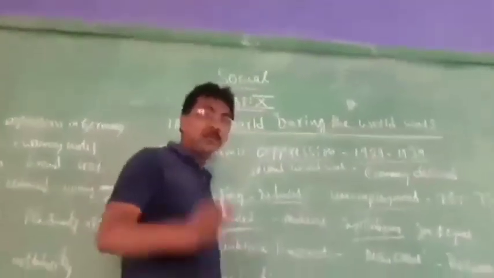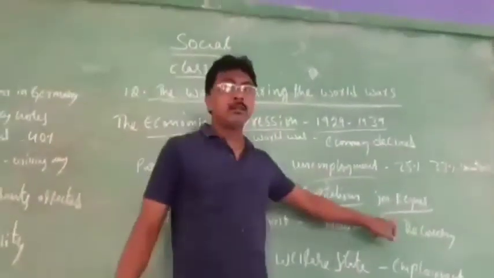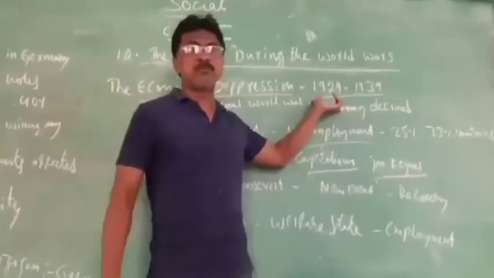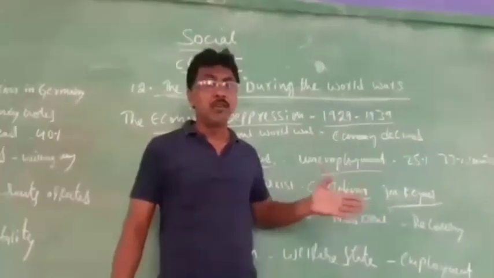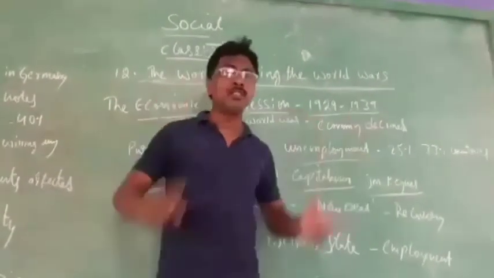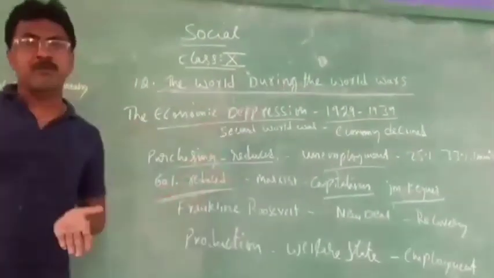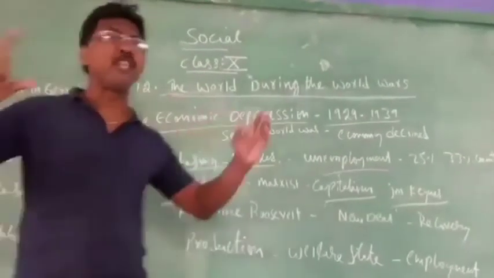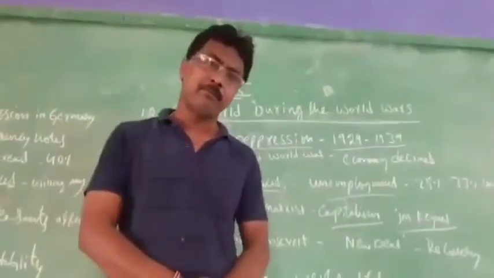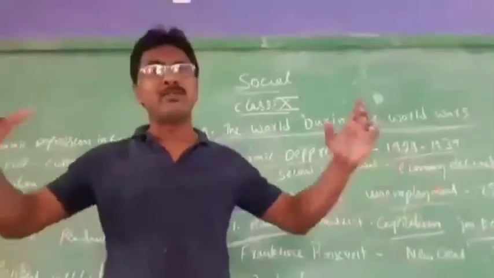But one economist, James Keynes, described this and brought the country out of the economic depression. Some scholars, some philosophers, and James Keynes gave suggestions. James Keynes said that if you want to come out of the depression, first the government should invest funds. Government should give money to the people who are lost, who do not have money.